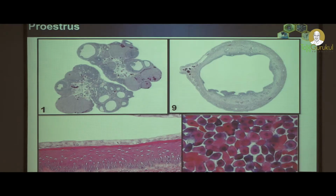In the uterus, the lumen is markedly dilated and filled with clear fluid by the end of this Proestrus phase. In the vagina, there are 3 distinct epithelial layers: the basal epithelium, the stratum granulosum and then the superficial mucoid layer. In the later stages, you also see the stratum corneum appearing. In the vaginal smears associated with this, you see